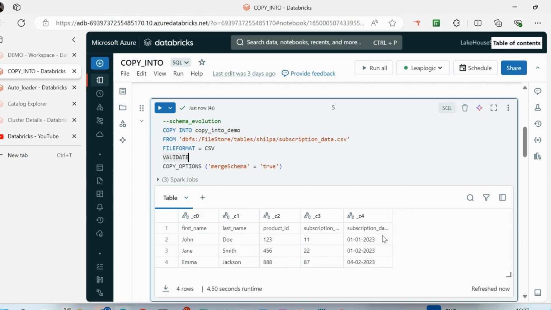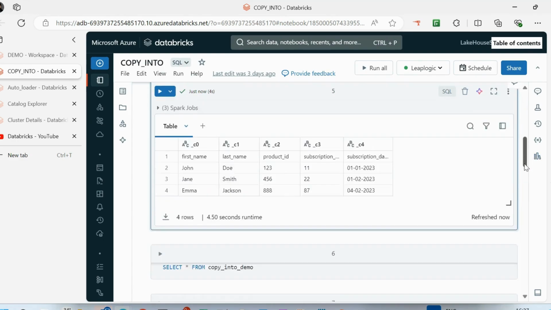We have to actually remove this from the row and put it inside my column name, right? And only 3 rows should display. So now I can see there is some problem in this data, right? And I need to fix it before actually loading the data. So that is how the validate option is beneficial in this case.